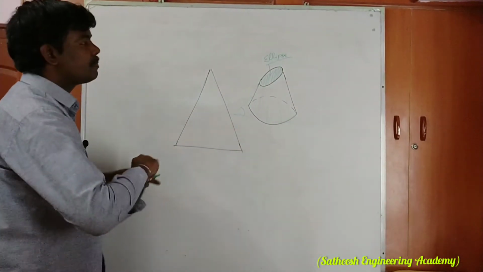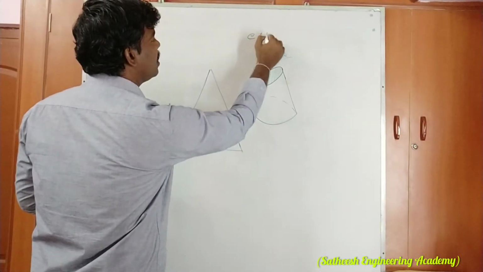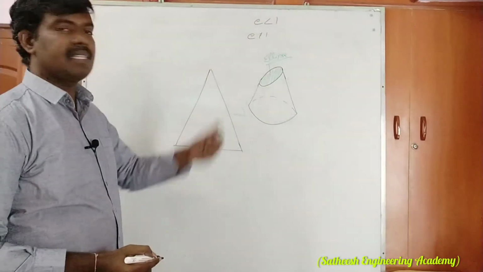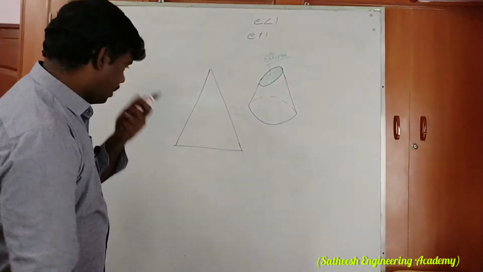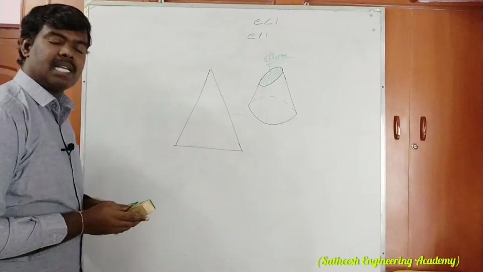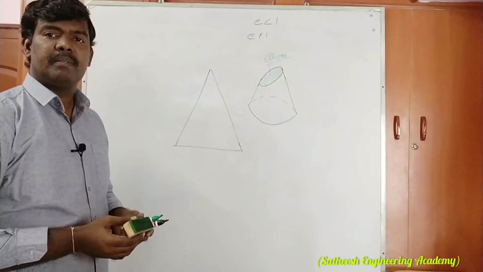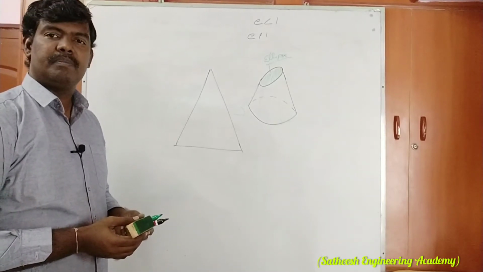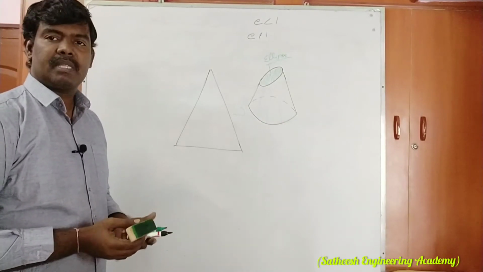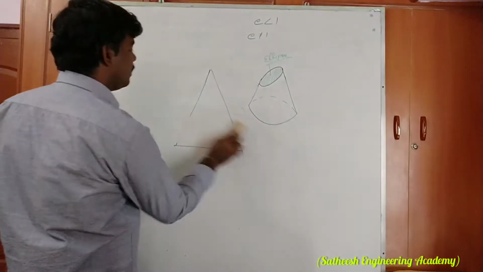Here, for an ellipse, the eccentricity is not equal to 1; it is actually less than 1. In the eccentricity method we will discuss that. Today's topic is how to draw an ellipse by using the concentric circle method. Many methods are there: the concentric circle method, the rectangle method, the parallelogram method, the eccentricity method, and the arcs of circle method. Today's class we discuss the first one, the concentric circle method.